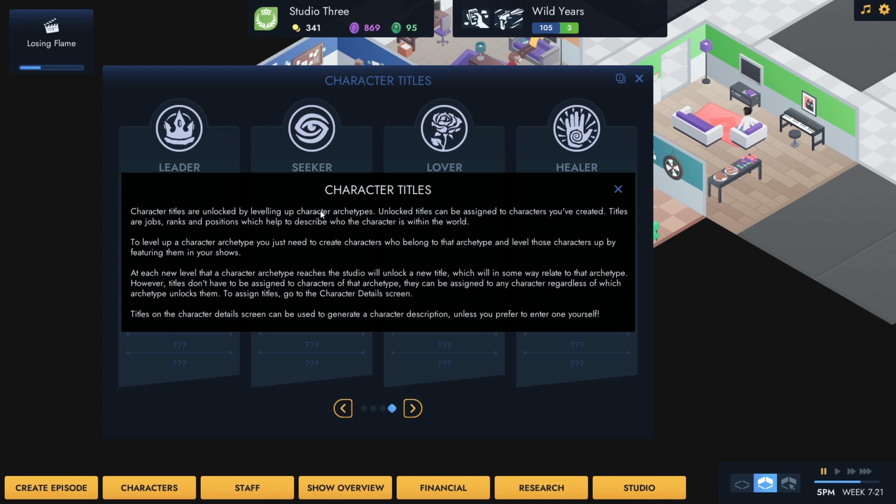So character titles are unlocked by leveling up character archetypes. Unlocked titles can be assigned to characters you've created. So they're the jobs, ranks and positions. So it's part of sort of a roleplay thing that you can build into your show. So we can give individual characters particular titles or job function or roles or whatever to add to the flavour of their character and obviously your series and the individual